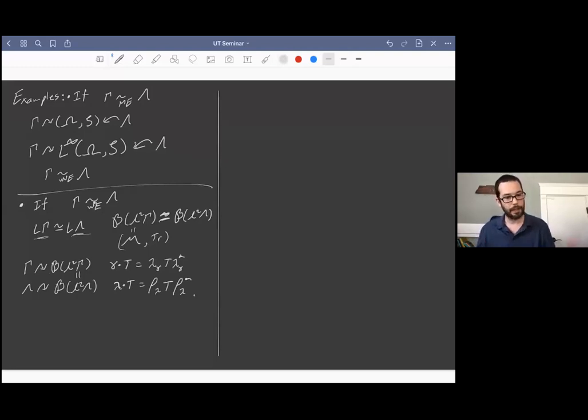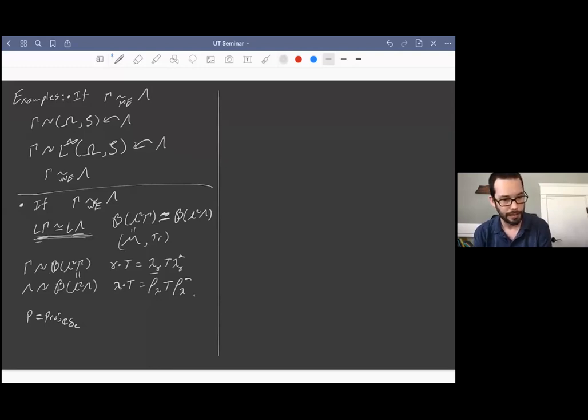And now the point here is that the isomorphism allows us to identify L gamma and L lambda, which means that the right regular representation will commute with anything in L gamma. So in particular, commute with the left regular representation coming from gamma. So that these two actions do indeed commute with each other and give us an action of the product on the space.